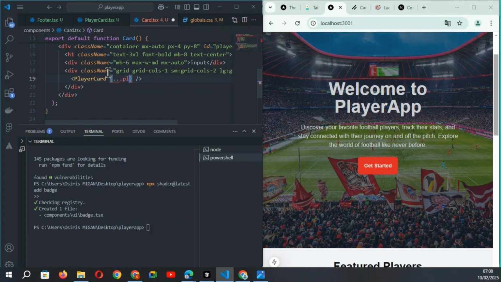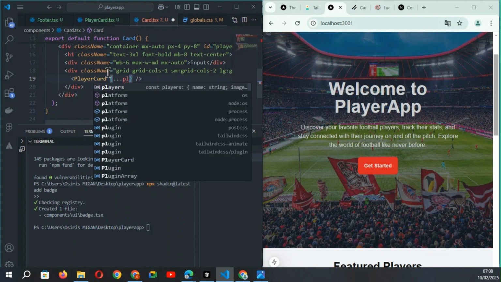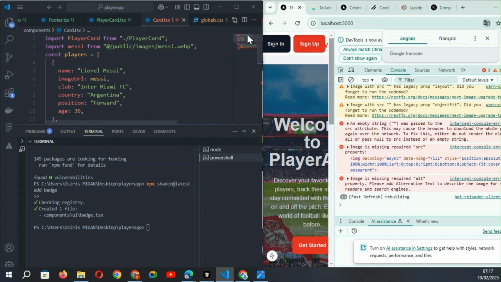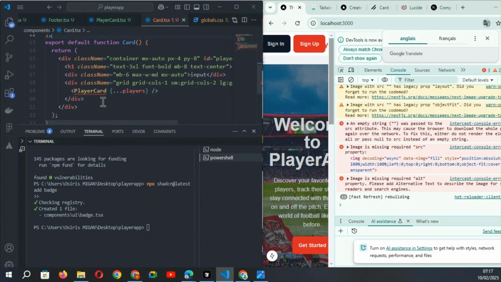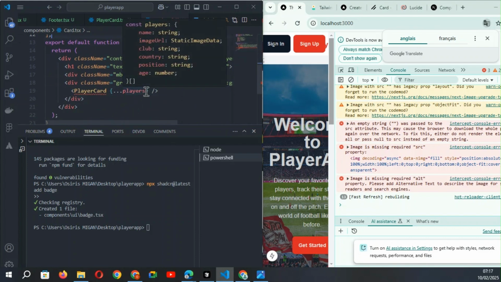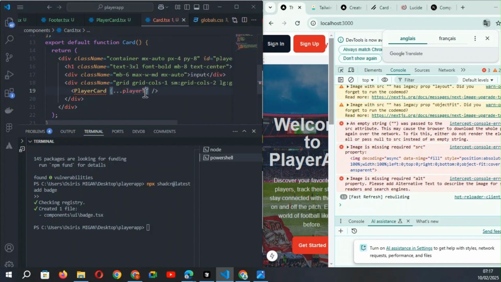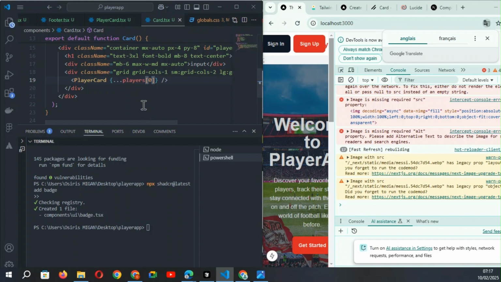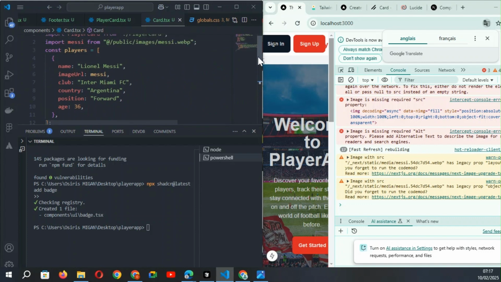So now specify my array, my data. So I write players, okay. Here players is the array, and here I pass the object, okay. So I can write 0, okay. The first element of our array, and when I save I don't have the error in the component car,